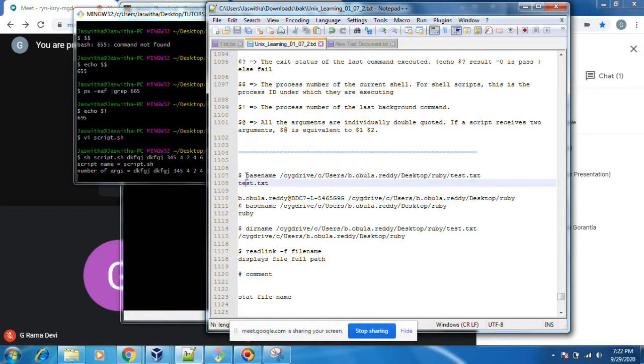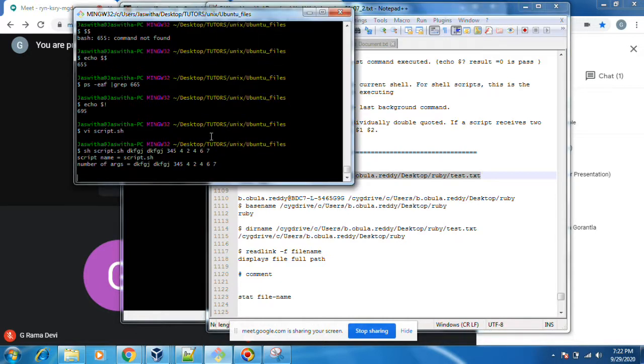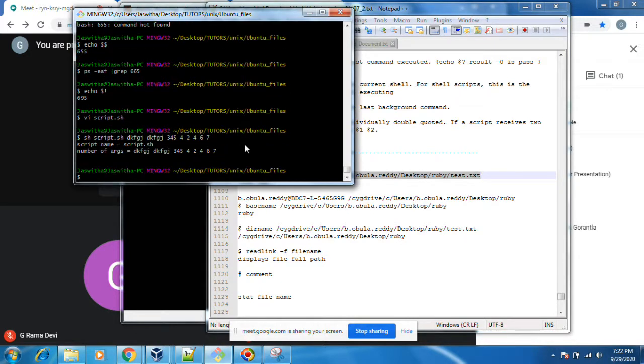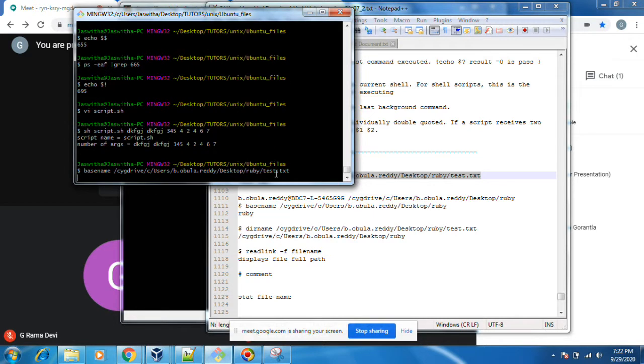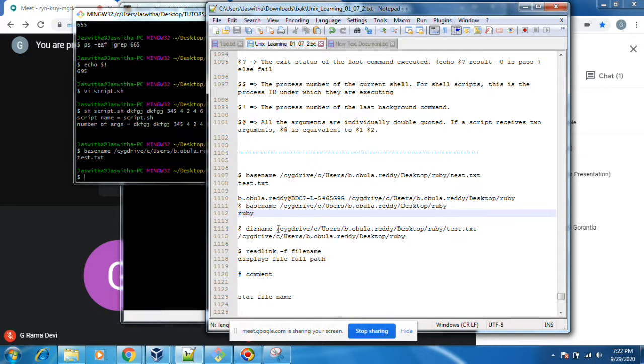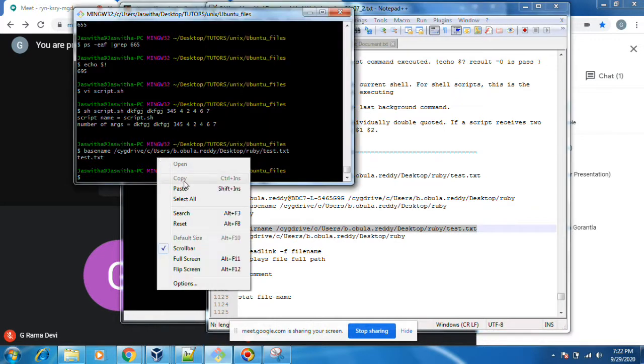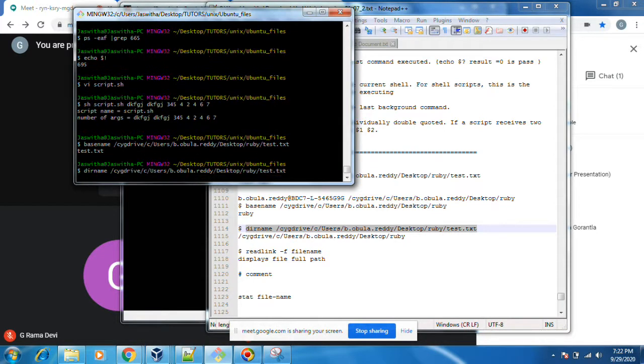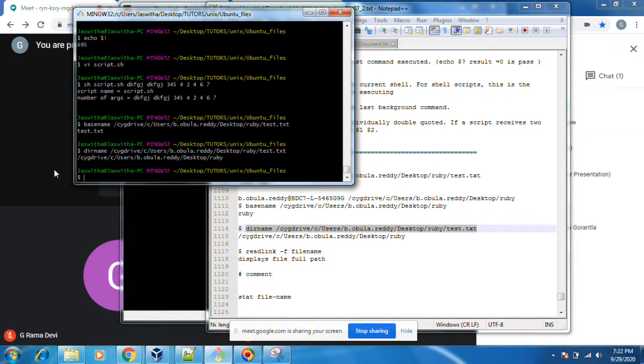If you do basename like this, you will get test.txt. And then dirname will give the full directory name.